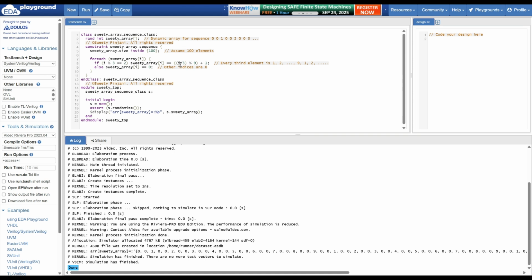I hope at least for this you understood the main things we have to calculate: the index number of the element, and what value you have to code for it. These are the two equations which you have to derive. I hope you have understood this sequence now, and at least for this sequence, you will be able to code. Maybe in the upcoming tutorials, we can see more sequences, and that will help you derive such equations easily. Or you can practice by yourself also.